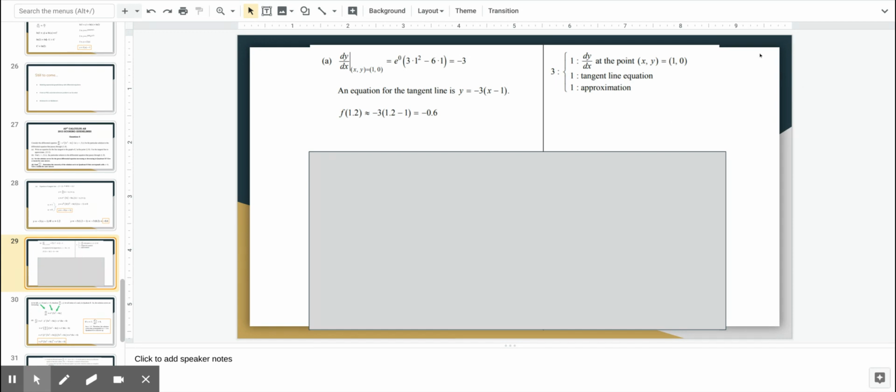So that's really nice. You get a point for setting up the tangent line equation itself, and then for solving for the tangent line equation. And then you get 1 point for the approximation. All right. So you're doing a fair amount of work for 3 points, but I think there are 3 easy